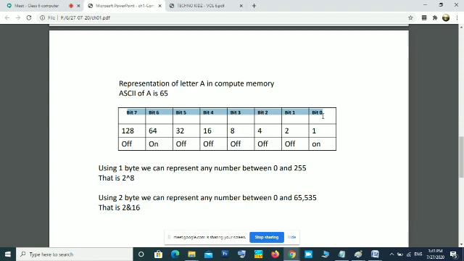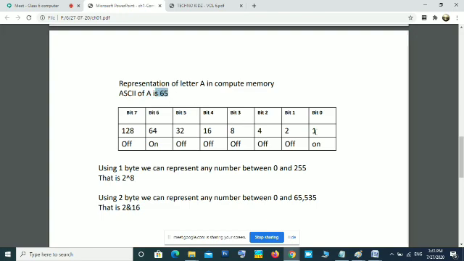8 bits are there, 0 to 7. 8 bits are needed to store a single character inside your computer memory. This A has to be converted to on and off. So many switches and storages are there, and that has to be converted to on and off. For that, inside the computer, this A is represented by the number 65. This is an ASCII code that is used for representing all the characters on the keyboard. The ASCII code of A is 65, so inside the computer, instead of A, 65 will be stored.